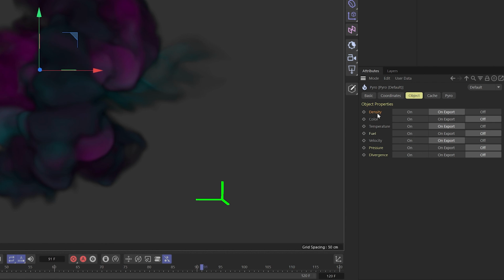So remember, density is your smoke. Color is the actual color from your smoke or your fire. Temperature, remember, is your fire. We got fuel. Velocity is if you want to store the velocity and use it to, say, advect particles. And then you have pressure and divergence. By default, most of these are just off altogether, but the most important aspects here are the density, the temperature,